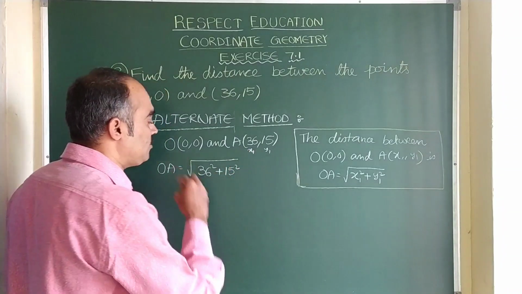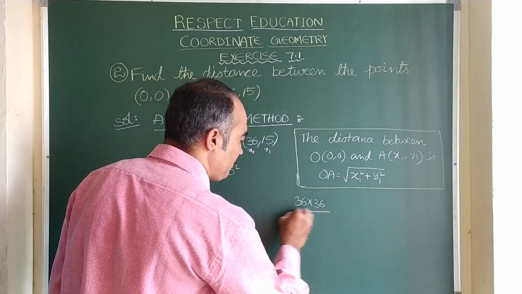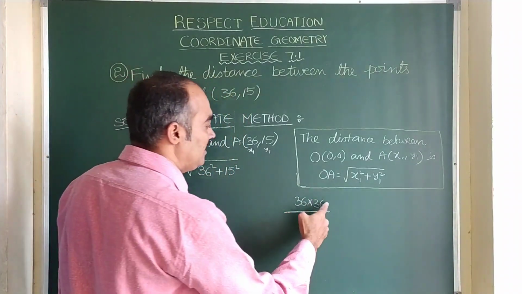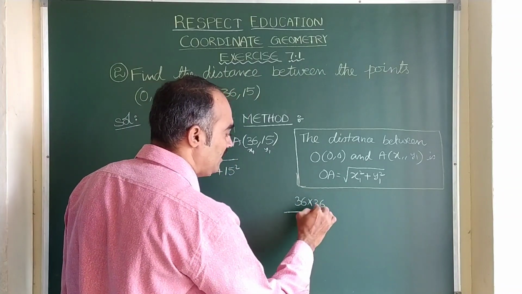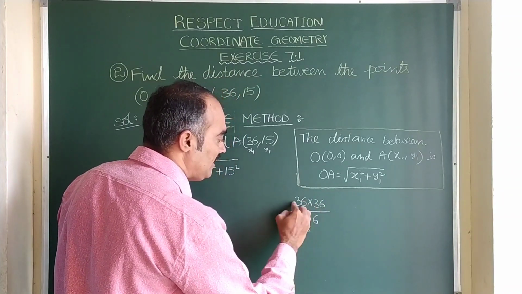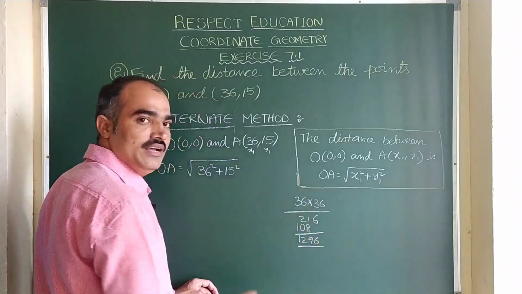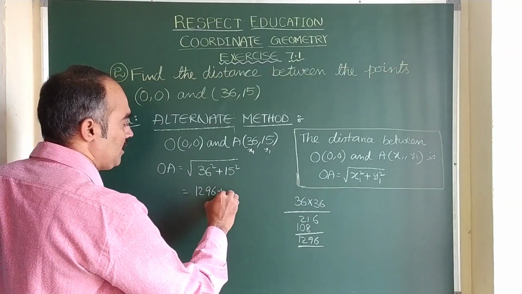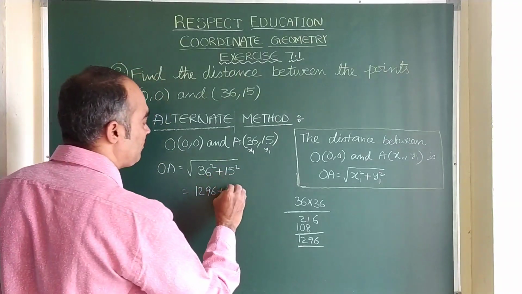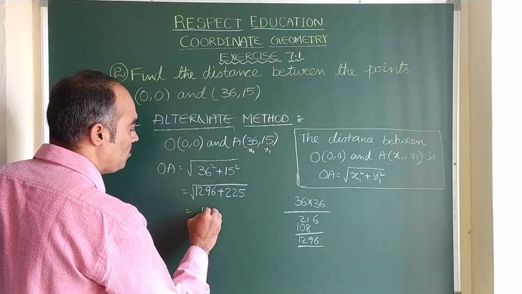Right? As usual, let us do 36 square, meaning 36 into 36. Earlier we have done the same way. 6 6s are 36, 3 is left, 6 3s are 18 plus 3, 21. 3 6s are 18, 1, 3 3s are 9, it is done. It is 1296. 36 square is 1296, plus 15 square, which we already know is 225. On adding we get 1521.